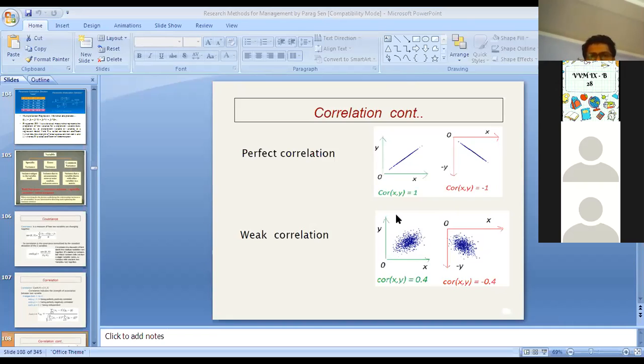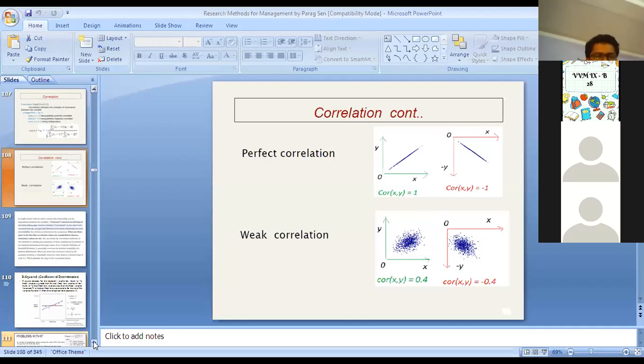So this is all about the correlation. Now, one thing you should remember: whenever I am discussing correlation and covariance,